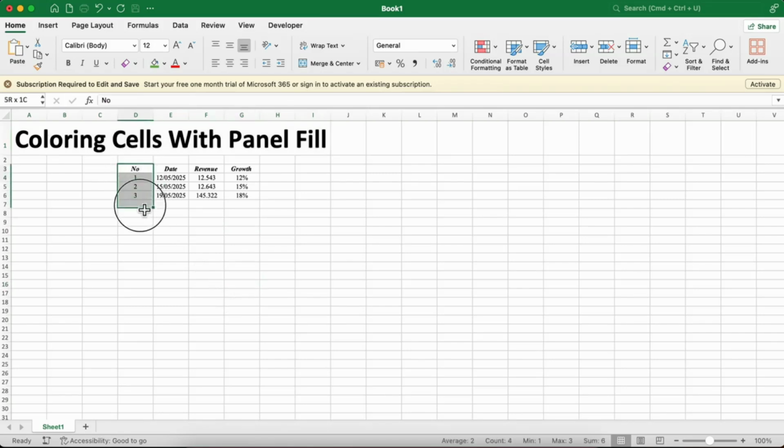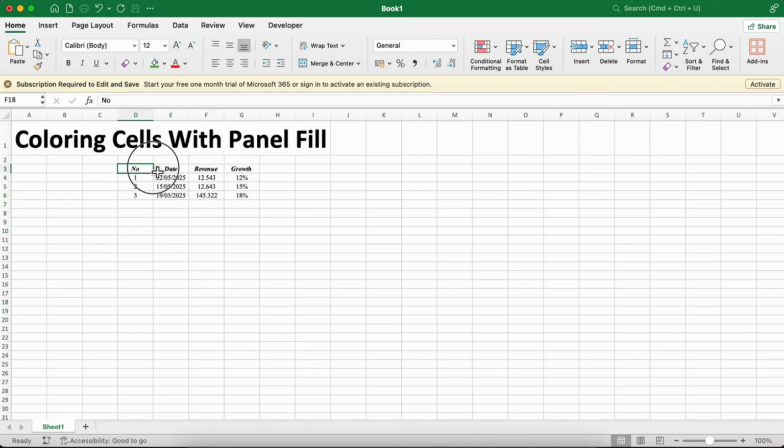As you can see, when you first enter data into Excel, it often looks plain and can be hard to interpret at a glance. That's why it's so helpful to use color as a tool to improve the visual appeal of your tables. Adding color not only makes your spreadsheet look more attractive, but also helps guide the reader's eye